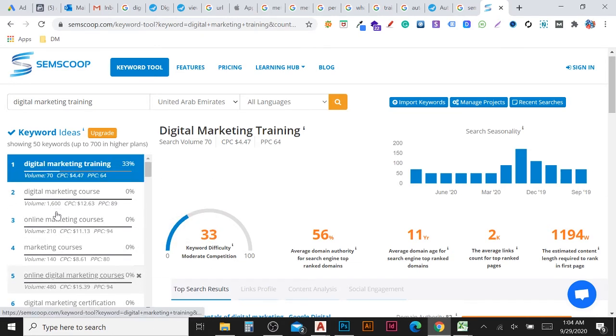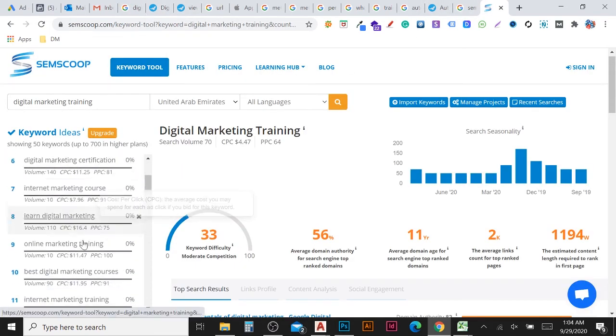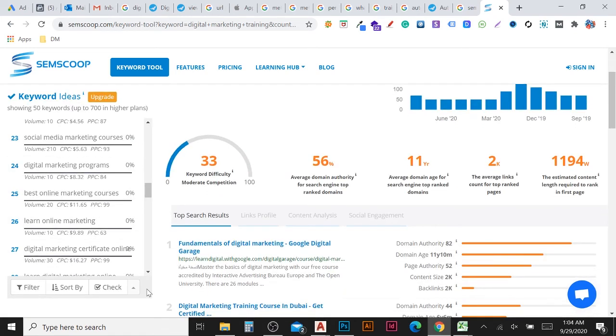When you check another product or service, maybe you will get lower searching, maybe 50 or 30, because only that many people are searching. Digital marketing is booming, that's why a lot of people are searching. From these keywords you can select the one with high searching, and create a meta title and meta description from that keyword. You can download these 50 keywords, that is much better. You can scroll down this website, and there you can find the tab.